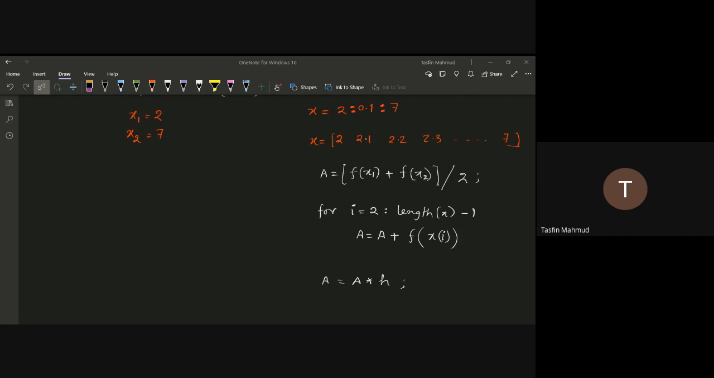What we will follow is adaptive integration. In the case of adaptive integration, we don't set a fixed value for h. Why? Because, okay, let's make a break here, then we can